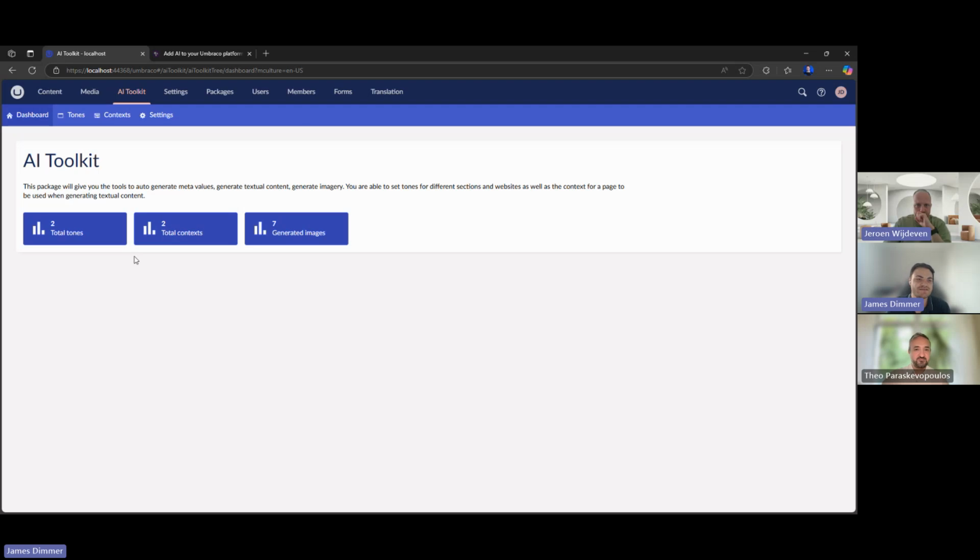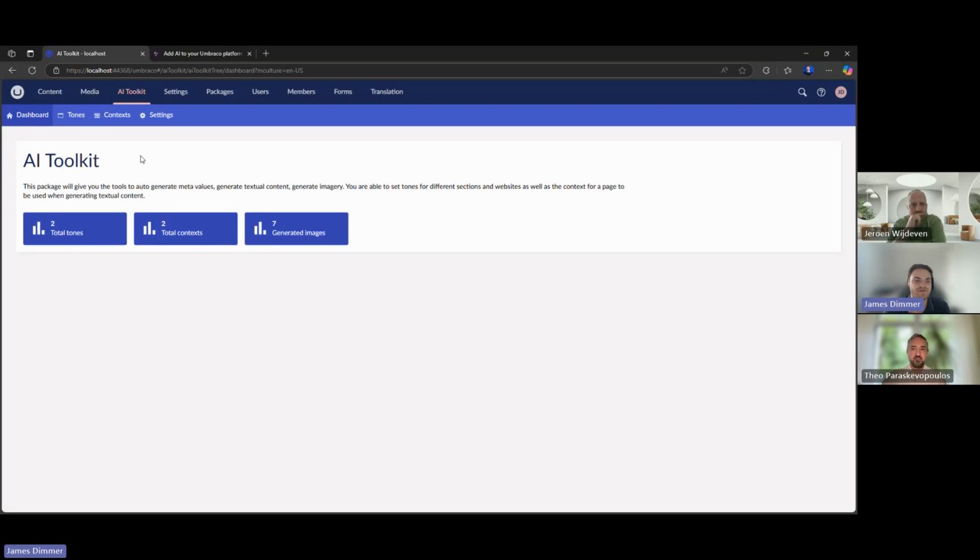Awesome. So yeah, as Theo said, this is a package for Umbraco 13. We released it at the start of last week, tying in with Codegarden and getting the right messaging across, seeing what the community wants from AI, how they're using it currently, and how we position ourselves with this package in that framework. We also, and we'll come to it shortly, got some really good feedback of future ideas to add into this. But let's start off with the new section in the back office.